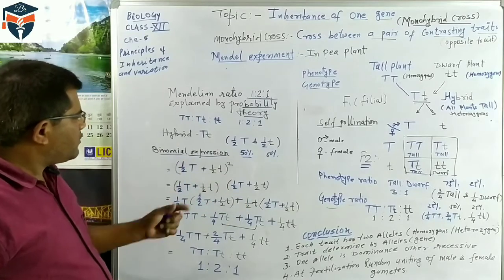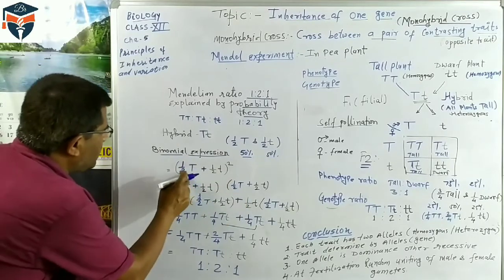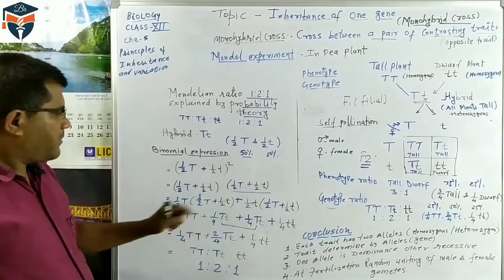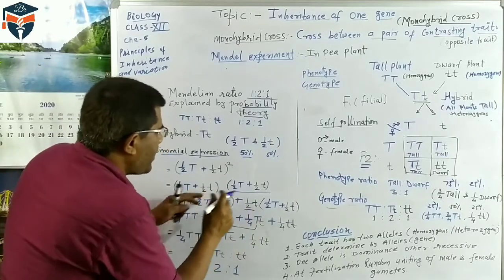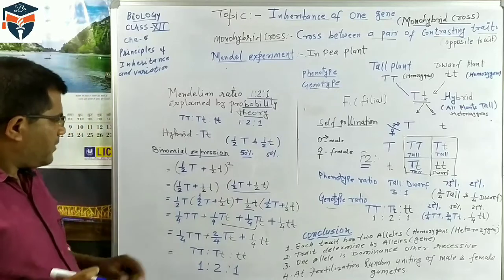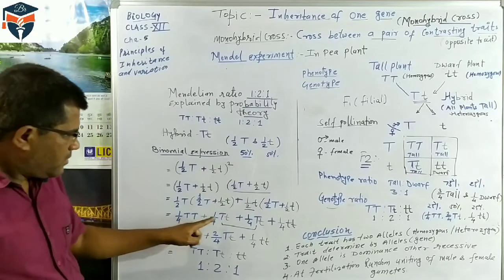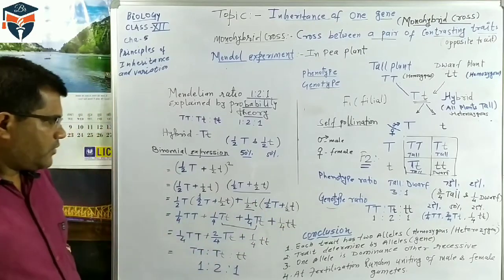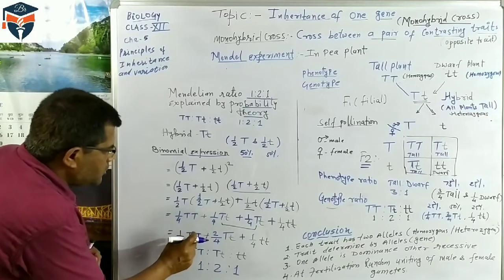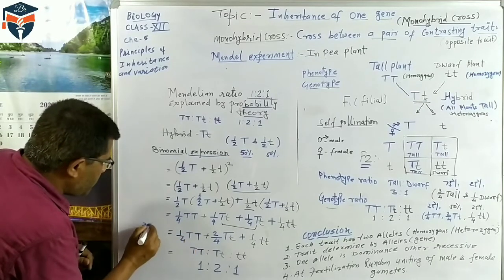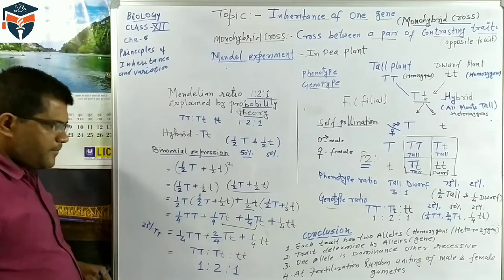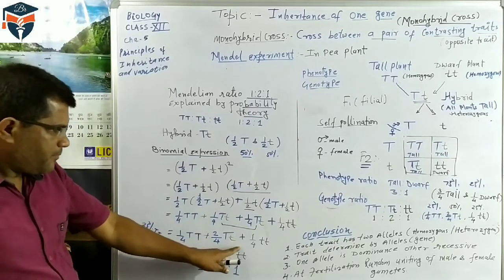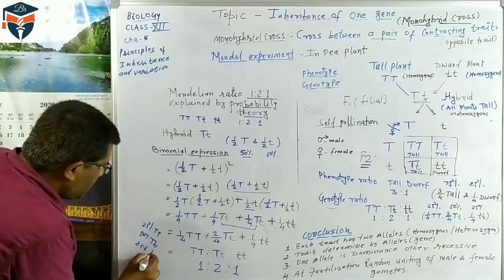So in binomial equation, if you solve now, out of this one, this allele you take out and cross with this one, complete another hybrid. Now these alleles I have taken, I have to cross with this one. So what happened? 1/4 capital T capital T, 1/4 capital T small t, 1/4 capital T small t, and last comes 1/4 small t small t. It means of the total genotype, 25% are capital T capital T, then 50% are capital T small t, and 25% are small t small t.